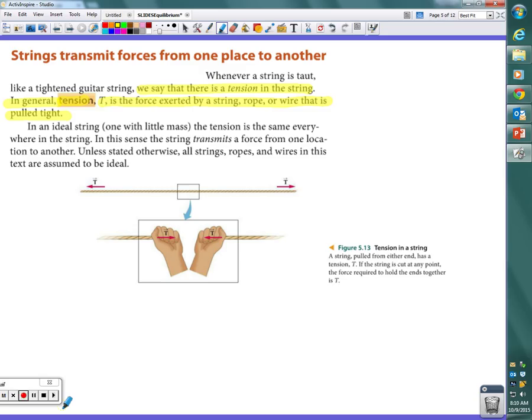We don't treat it any differently than any other force. It's just a fancy name for a force from a string. So if we ask you to calculate the tension, or find the tension, that's just saying find the force. It shows up when we talk about equilibrium a lot of times because we can think of situations where something is suspended or something like